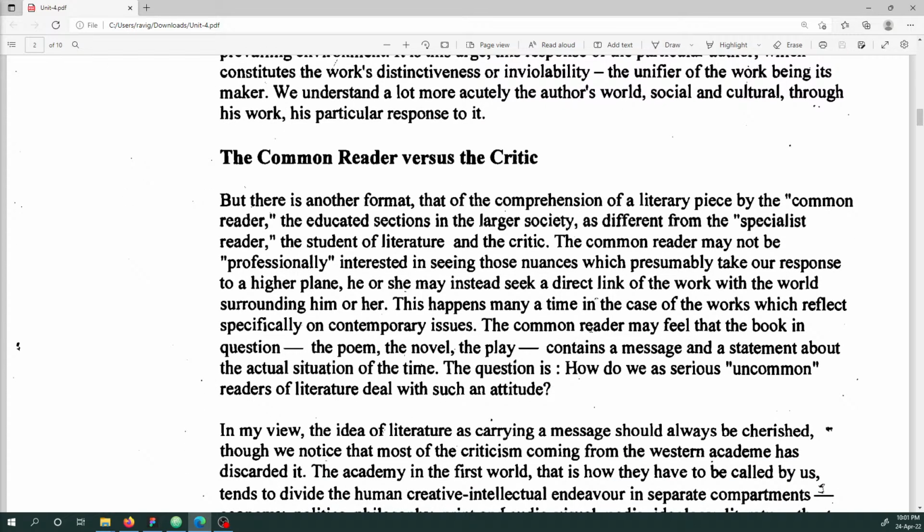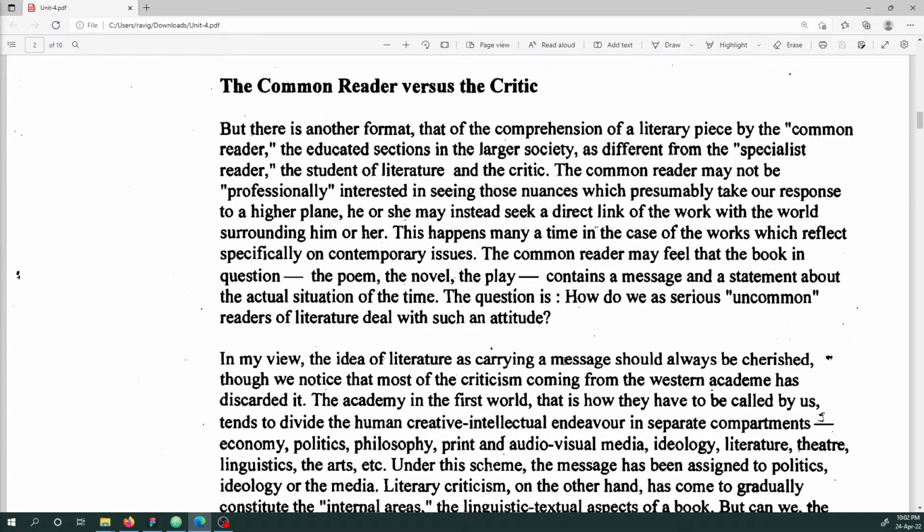This happens many a time in the case of the works which reflect specifically on the contemporary issues. The common reader may feel that the book in question, the poem, the novel, the play, contains a message and a statement about the actual situation of the time. The question is, how do we, as serious, uncommon readers of the literature, deal with such an attitude? In my view, the idea of literature as carrying a message should always be cherished,